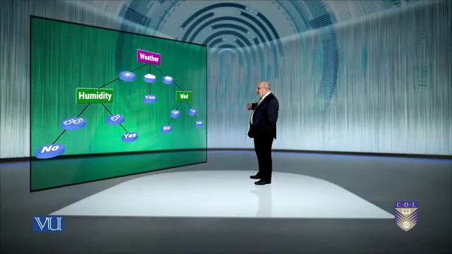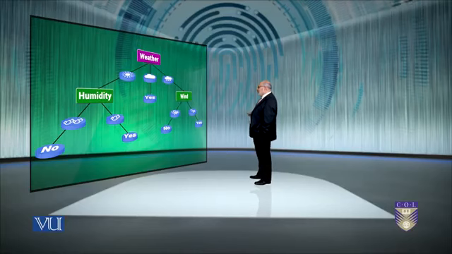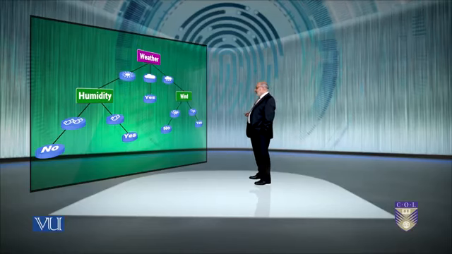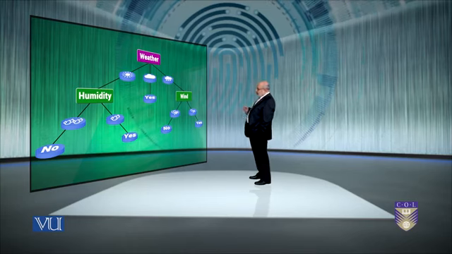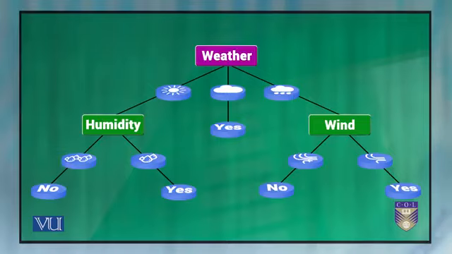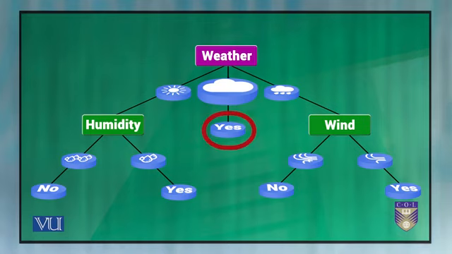Now let's try and build up a sequence of decisions that we can take based on this decision tree. How does it build up? So you look at weather, and then you look at the 3 options. Let's say if the weather is cloudy, for instance, you maybe want to go out for a walk or a drive. That's one of the decisions of the tree, and you can see that branch of the tree going down, saying, yes, let's go out.